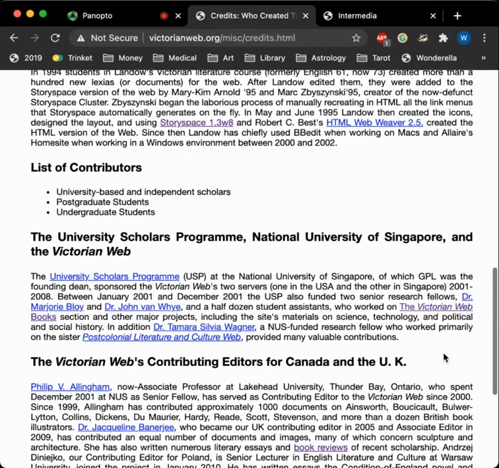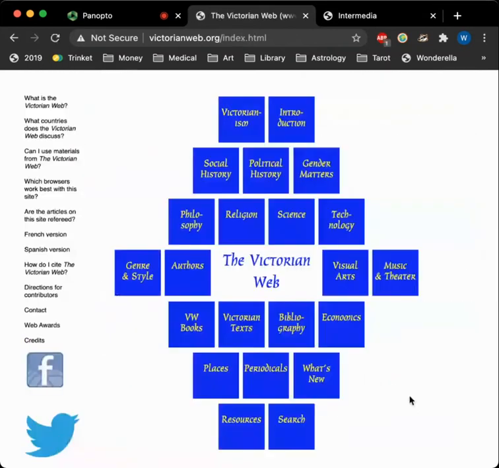Since then, it has retained most of its original structure here, but it's of course gotten much bigger. Victorian Web is now a certified nonprofit as of 2020, and it is currently run by a board of 11 editors. It gets 1.5 million page views per month, and it is archived daily by the Library of Congress.